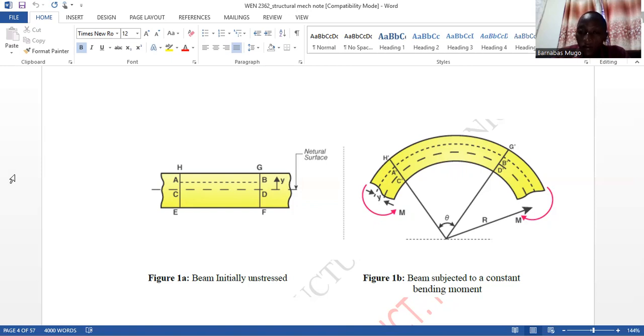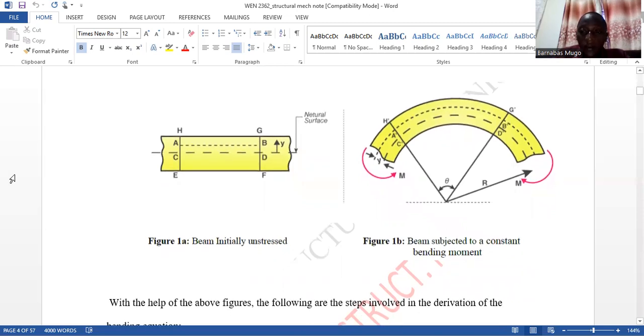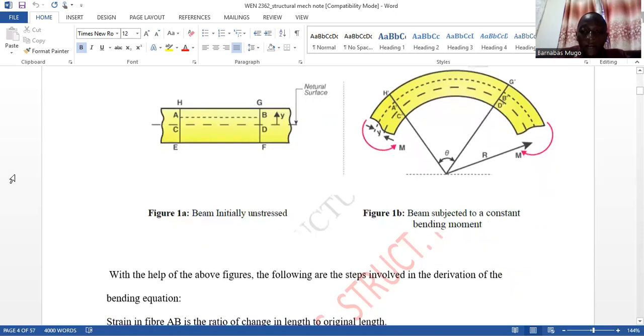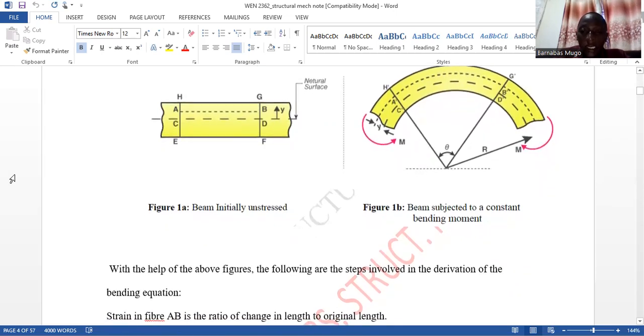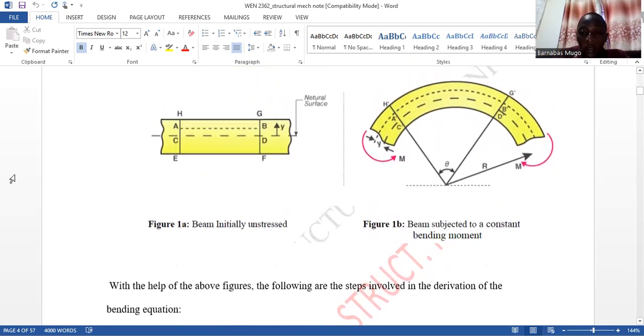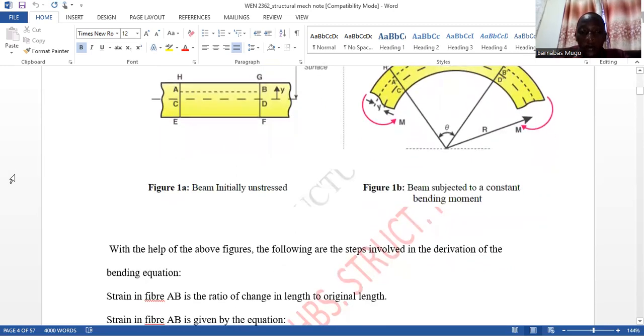Because we cannot derive this equation online, as you can do with your lecturer in different campuses, I would prefer that you inquire from your lecturer when you have a face-to-face class. He or she can give you the derivation, or you can derive the equation with him or her,